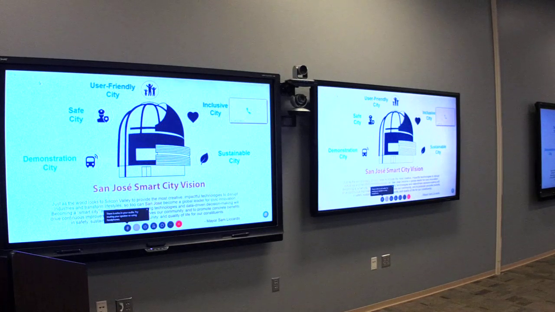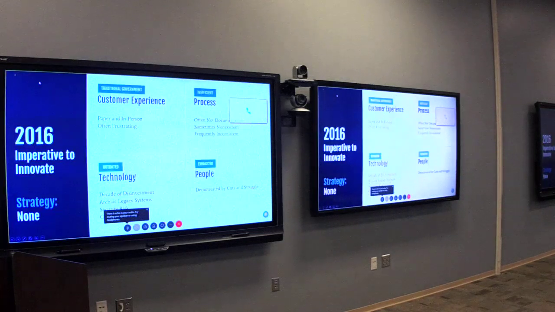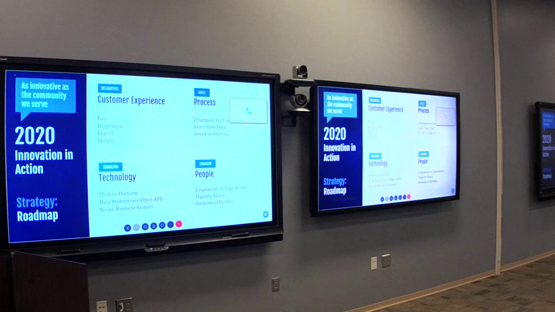And how that translates to residents is, I don't know how many of us who work in government go and get government services and say, man, that was the best service I ever received. We all, I think, can confess to a journey that we're going through, from a customer experience that's often paper-based and frustrating, with processes that aren't documented and seem inconsistent, and technologies that seem old or security risks and don't talk well with other systems, and people who are exhausted by that experience, both internally and externally, to an experience where we say we're going to be, in San Jose, as innovative